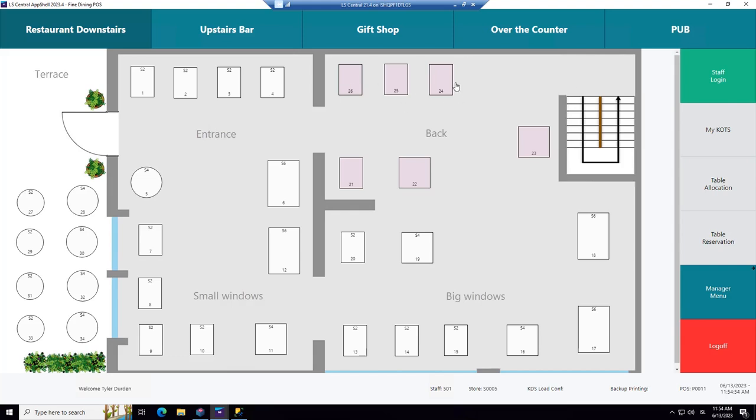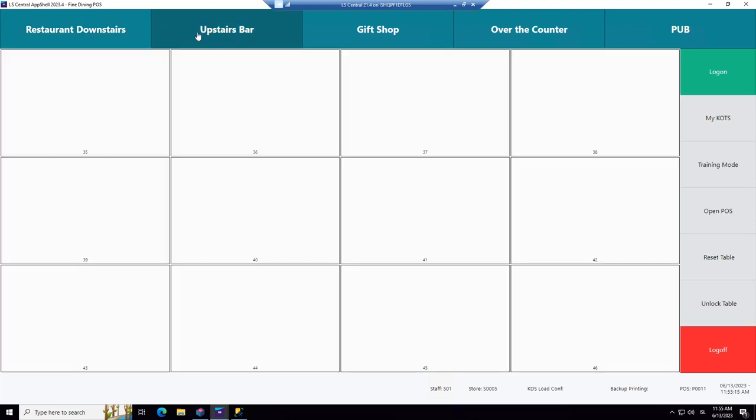The tables that are different colors are closed now, depending on the time of the day we open the system. So we can have different areas within one restaurant area with different opening hours. So this is restaurant downstairs. But that restaurant has as well a bar, the upstairs bar. So if you select the upstairs bar, you see a different area here. And this is not a graphical view. Now we have the tables just like a list, or with rows and columns.